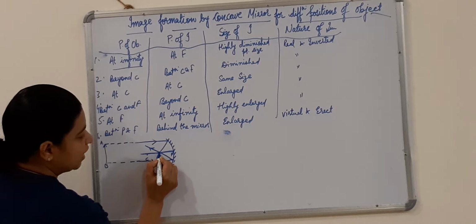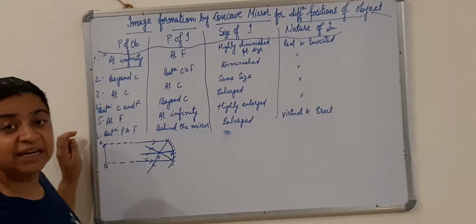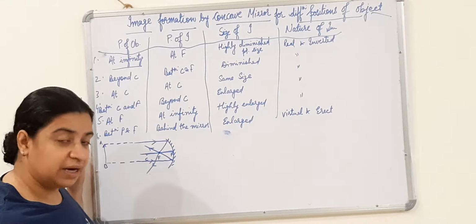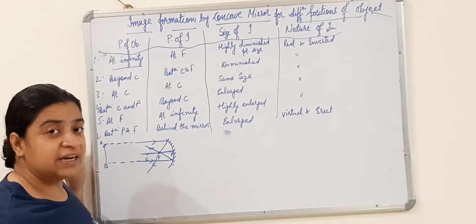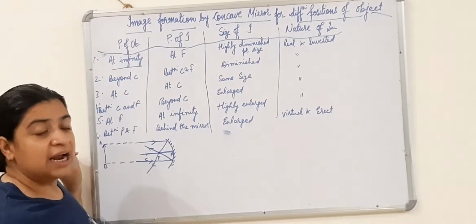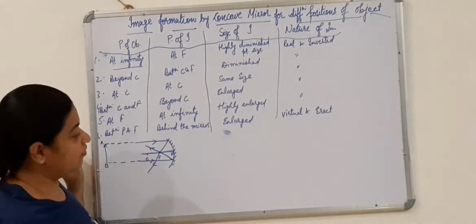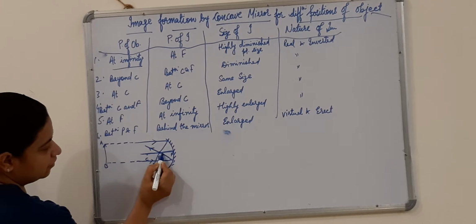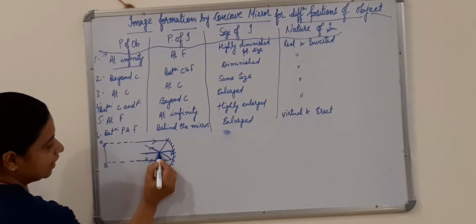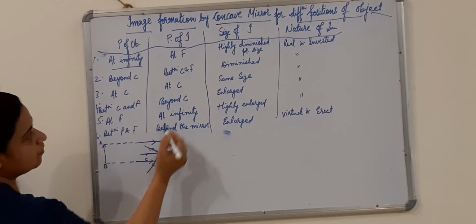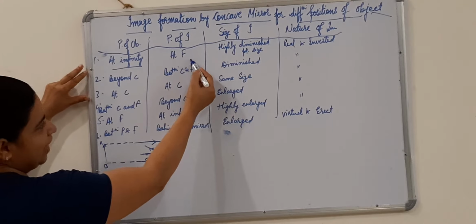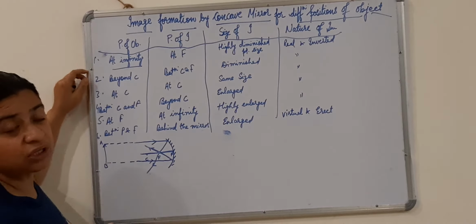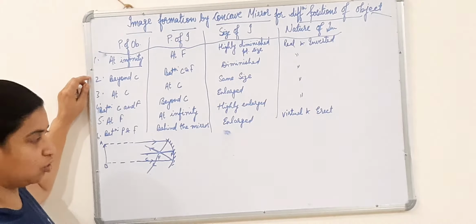Where the 2 rays of light meet or intersect each other after reflection from the mirror, at that point our image will be formed. In this case, the light rays after reflection have met at this point, the focus, so our image is formed. Now you see, position of image at F. What type of object is it? Can you see any shape of this object here? No, it's not possible for you to see the shape of the object here.